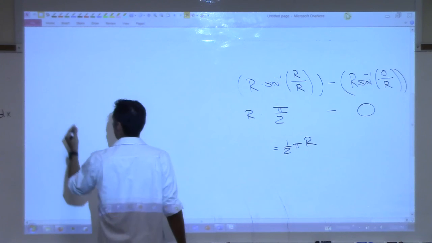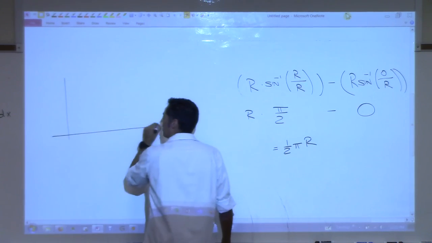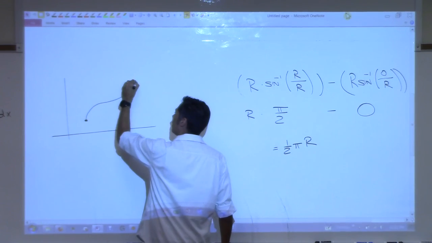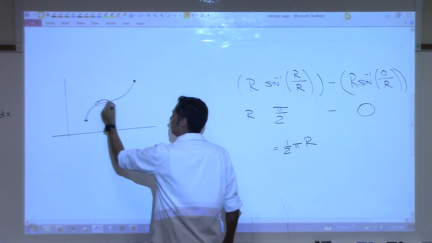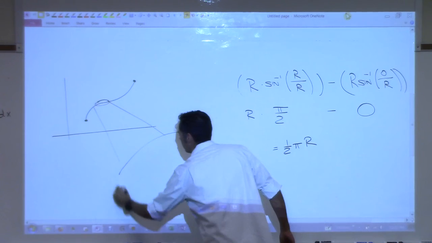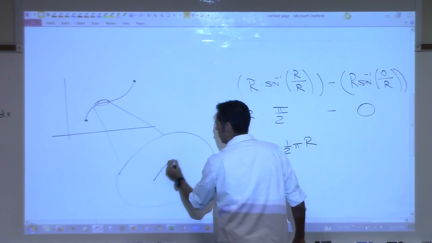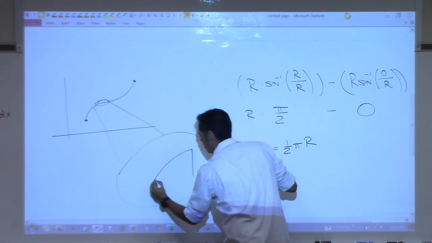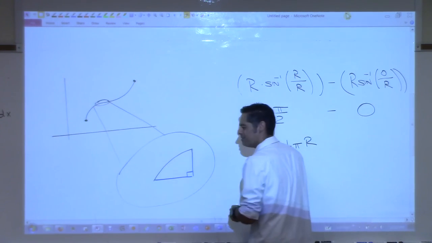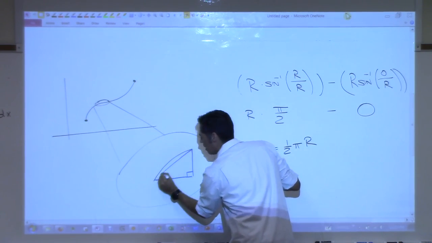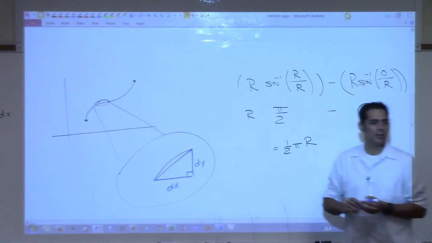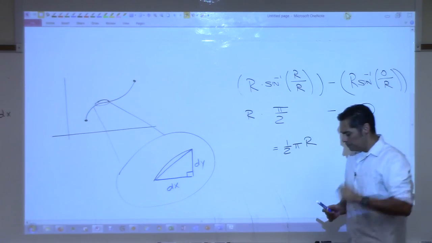so when I started this whole topic out, I said, you know, what if we have a curve like that, right? And we want to find the length of it. And then I zoomed in on this piece, and I said, let's say we're trying to find that, and then I drew a triangle like this. And I said that this was dx and this was dy, right? So that was our construction. Well,